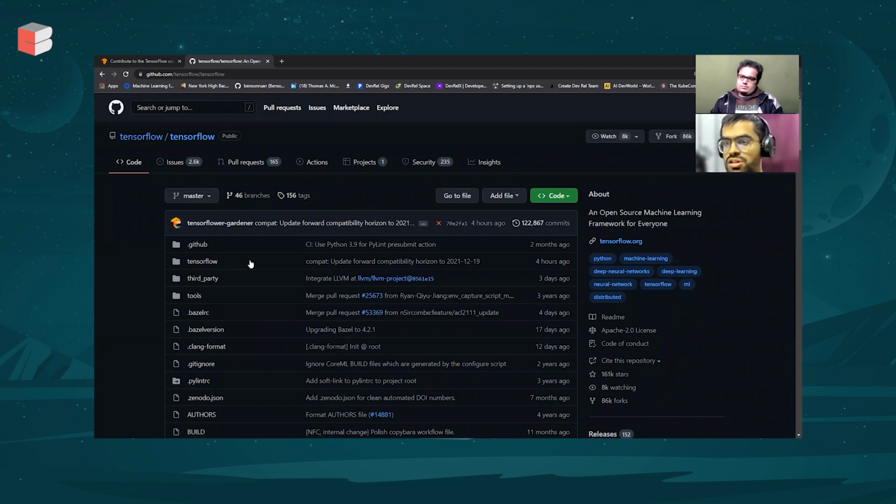Because these organizations are so huge, you might feel a little disheartened, but one thing to keep in mind is that even with the contributors or maintainers of TensorFlow, you can expect certain delays in response at times, because these people are part of the Google team, working their full-time jobs,